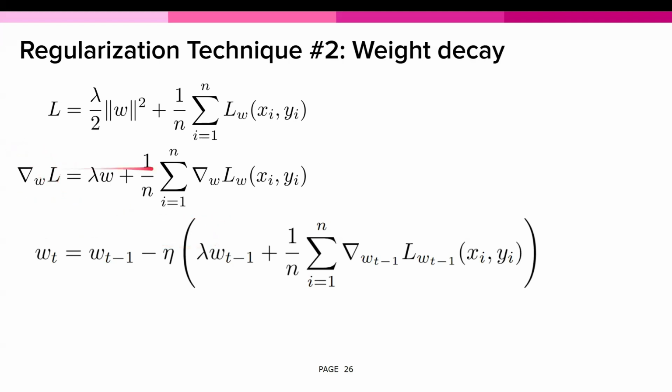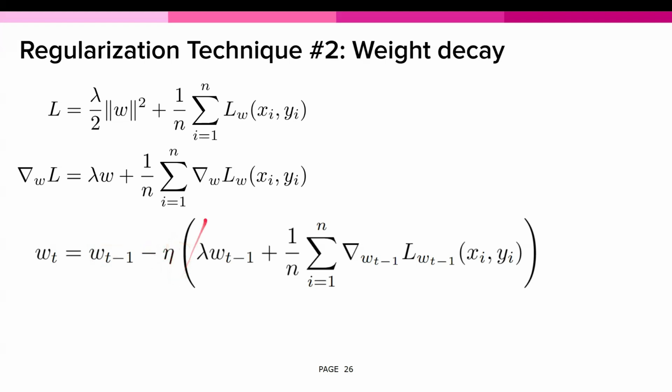So if this is our gradient, we'll be taking a step of size eta in the opposite direction. That's the gradient of the loss with respect to the weights. Our new weights are going to be the weights at the previous time step less some